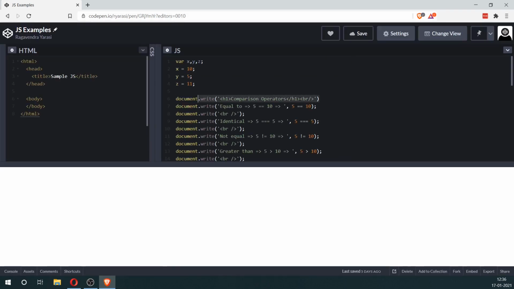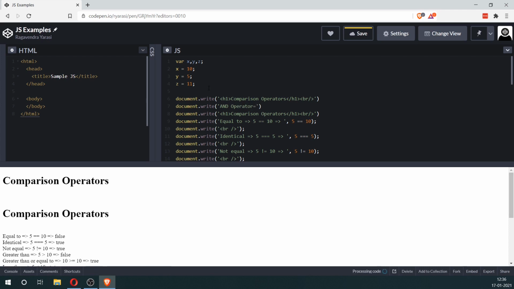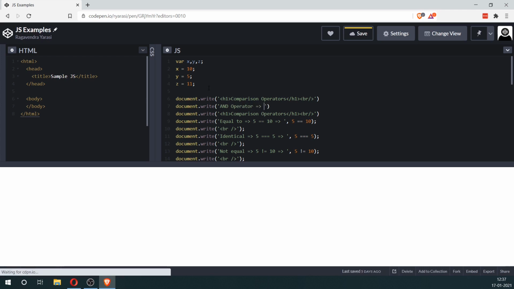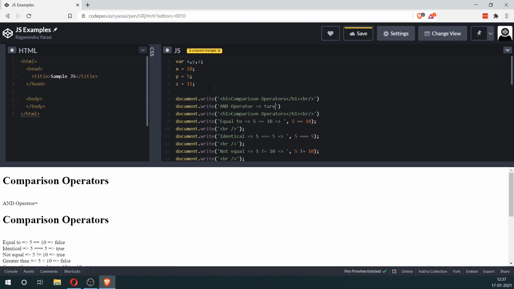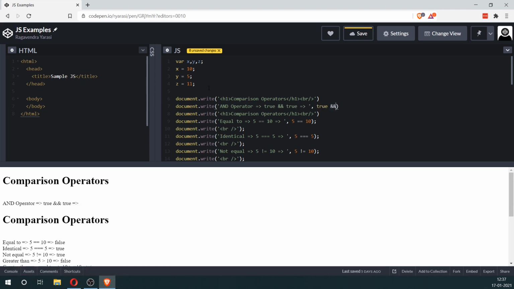So again, like previously, I'm going to copy this and create a new section, and I'm going to say document.write. Here I'm going to say first true and true.